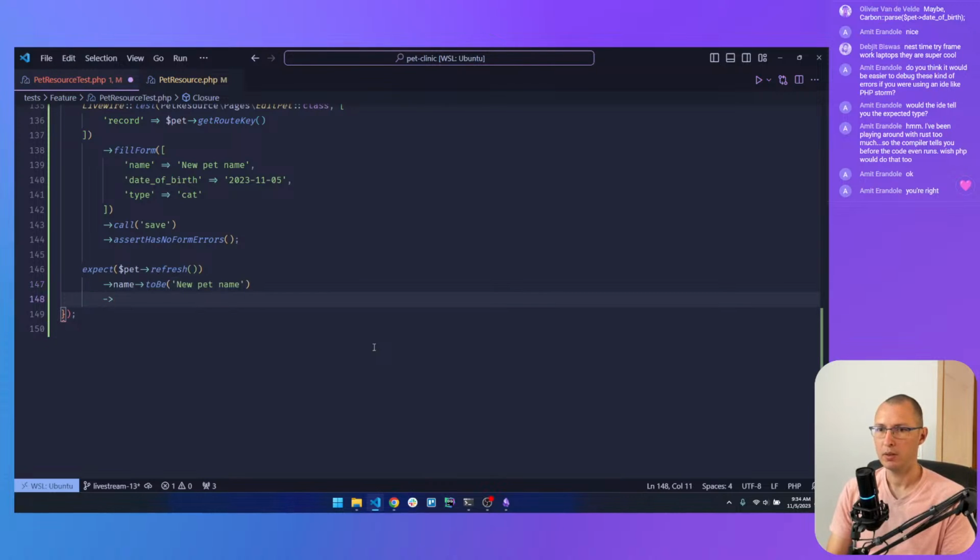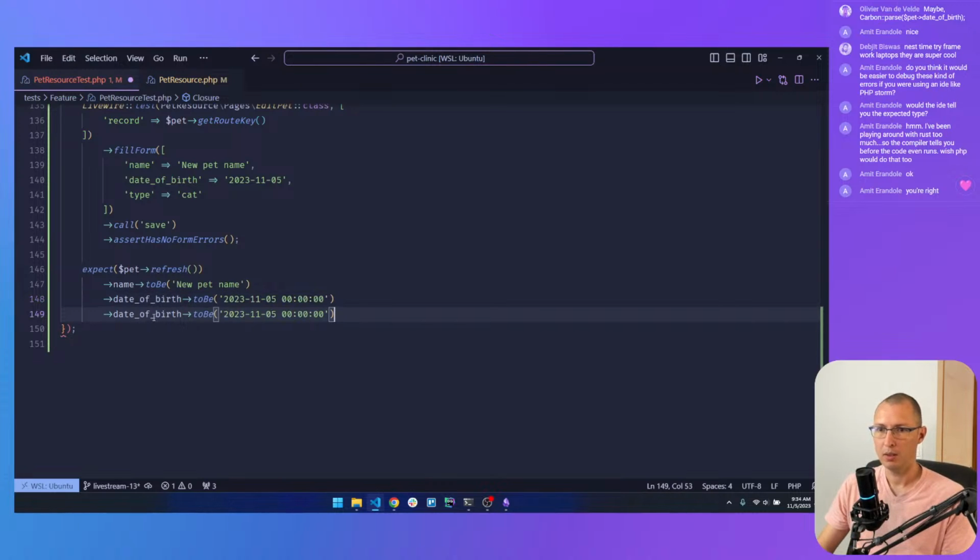Then we assert that the date of birth to be, now the database is going to have the time as well, I believe. So let's use this same string here. Like so. And then the type to be cat.